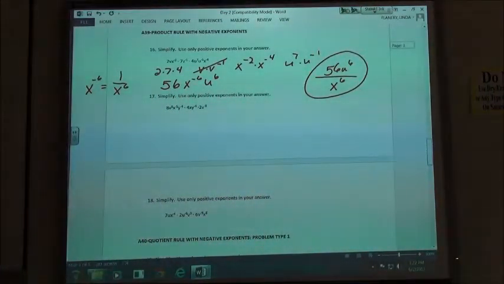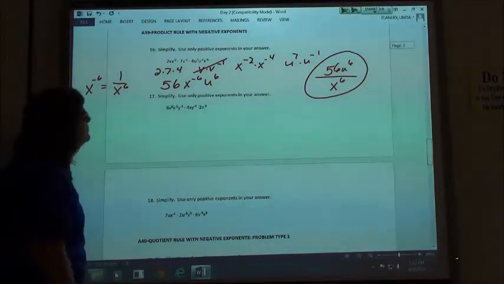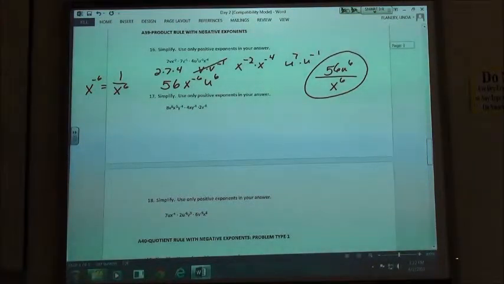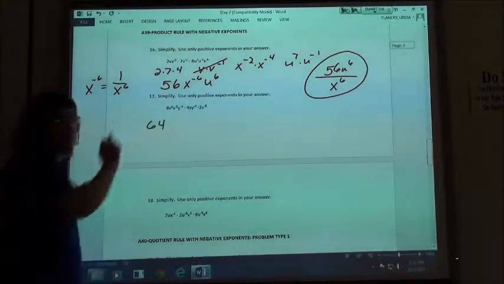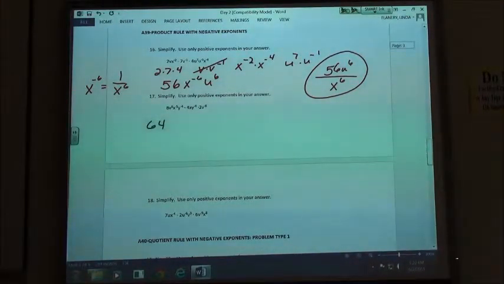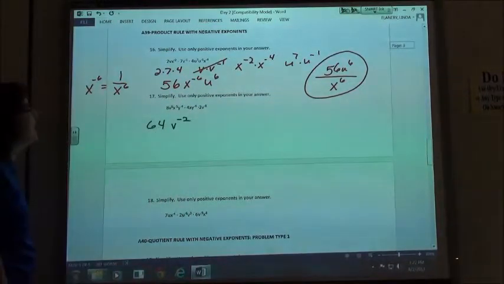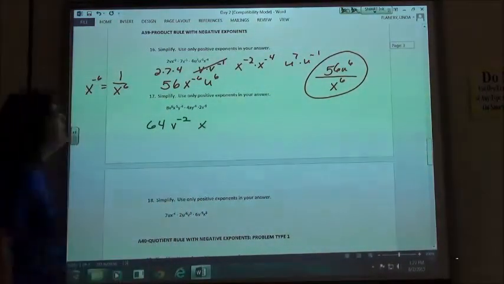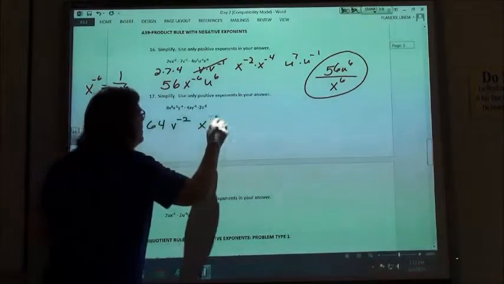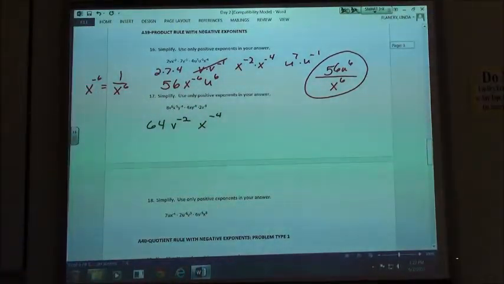So number 17, if I multiply 8 times 4 times 2, 64, good, that's what I'm getting. I thought I was confused for a minute. So 8 times 4 times 2 is 64. I get v to the negative 2, because I have a 6 and a negative 8. I get x to the negative 4. And I get y to the